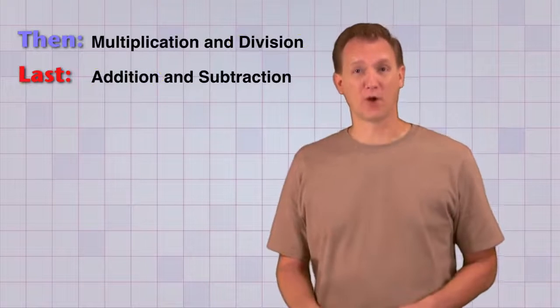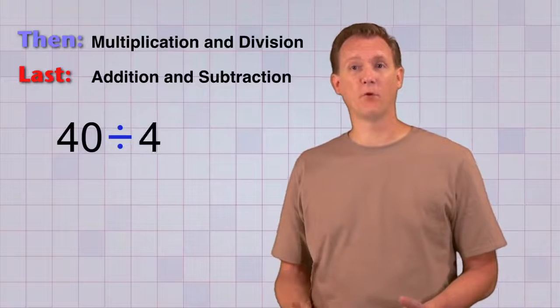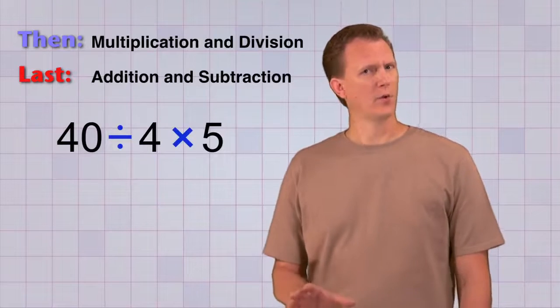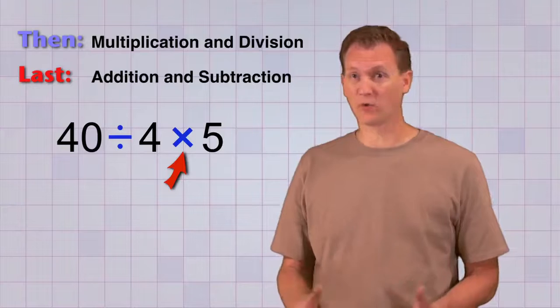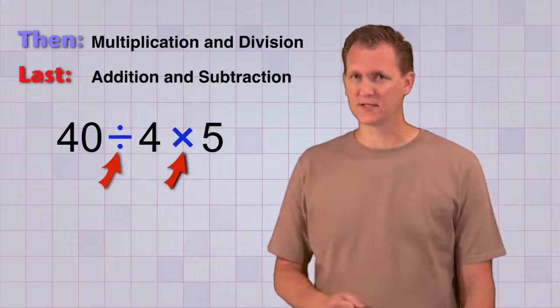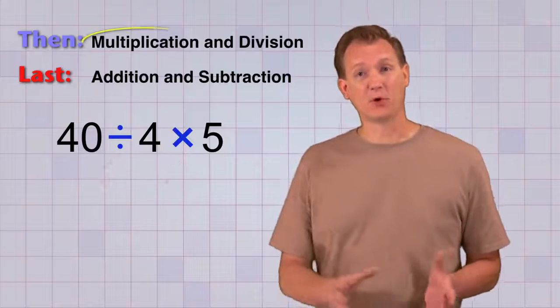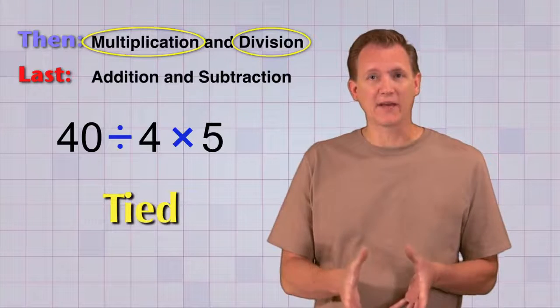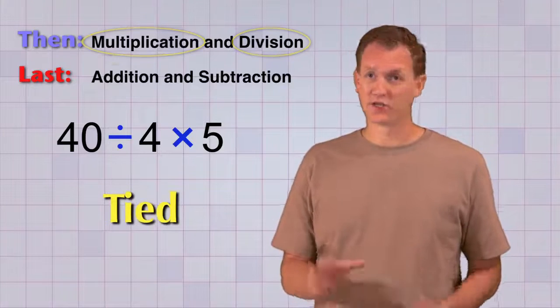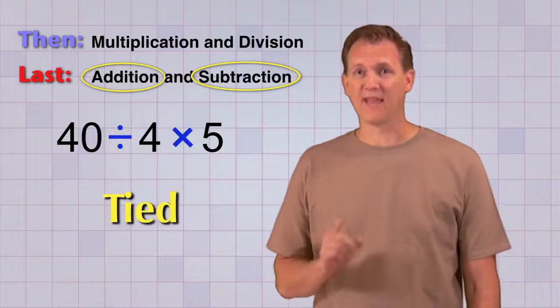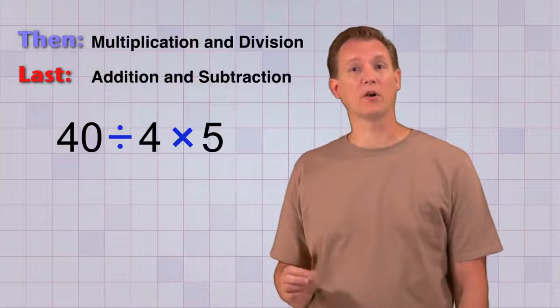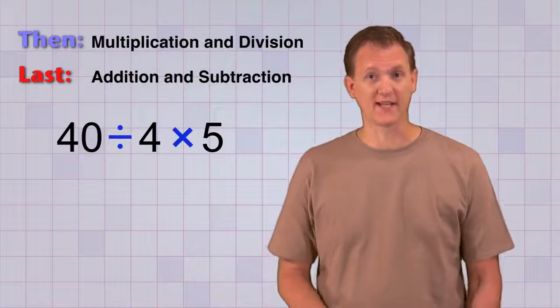And here's one last problem. 40 divided by 4 times 5. Which do we do first, the multiplication or division? Our rules don't tell us. Well, that's because multiplication and division are tied for priority or importance. So are addition and subtraction. And that's the reason we need an extra part at the end of each of these rules that says from